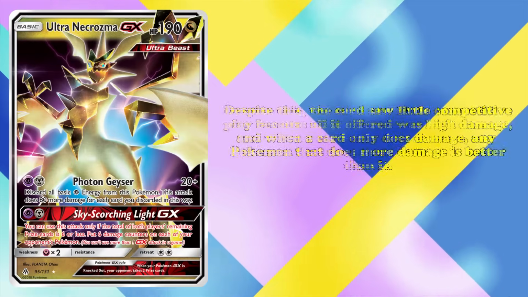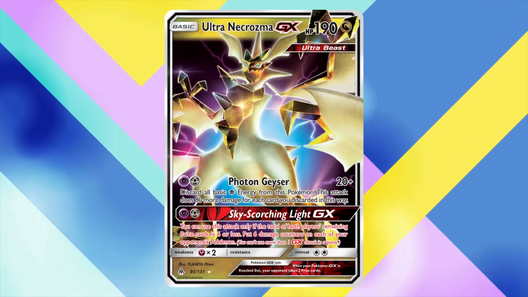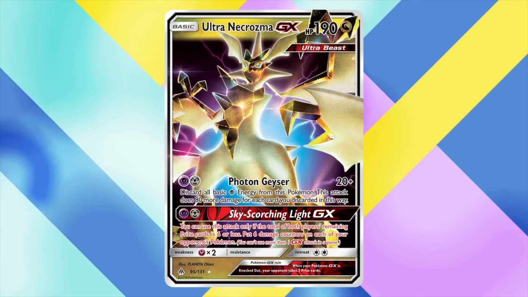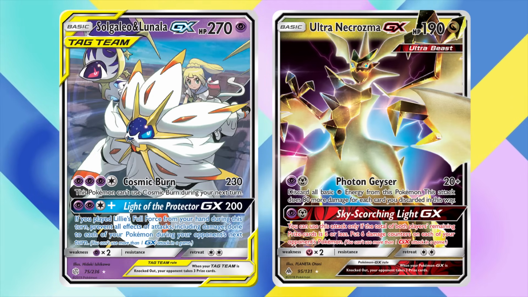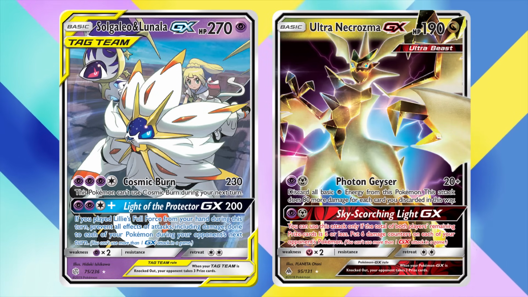Ultra Necrozma GX was a staple in Malamar decks and had a far higher damage cap. For 1 Psychic and 1 Metal Energy, Photon Geyser deals 20 damage plus 80 more for each basic Psychic Energy you discard from it when you use the attack. If Solgaleo and Lunala GX and Ultra Necrozma GX both have the Cosmic Burn's requisite energy attached, Photon Geyser outdamages